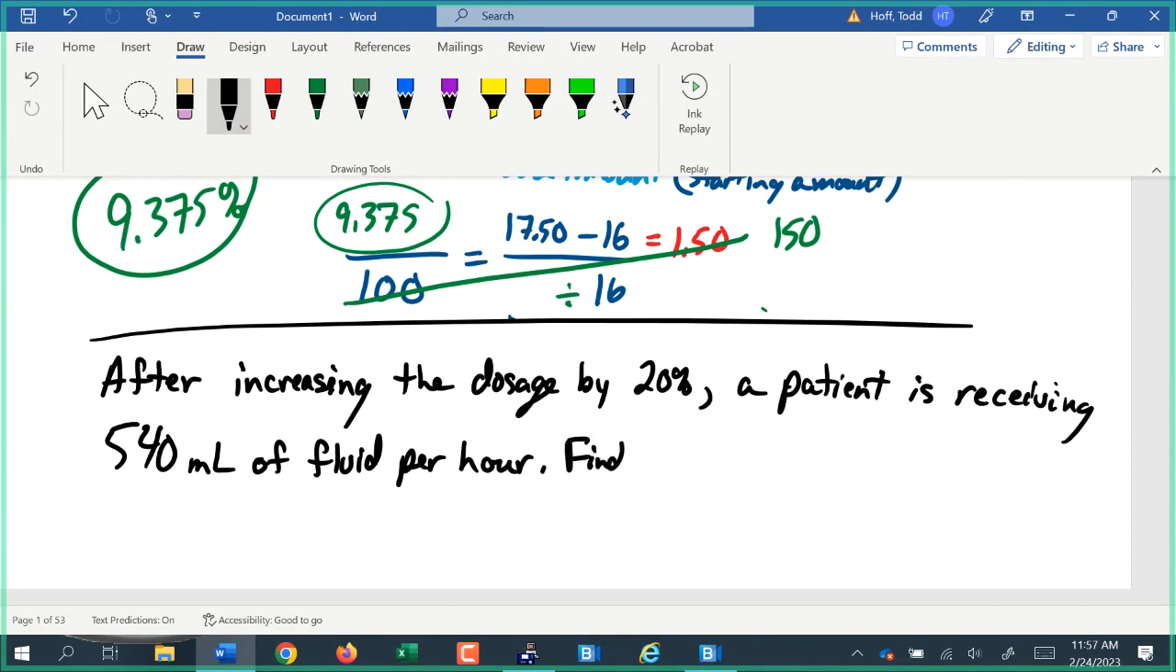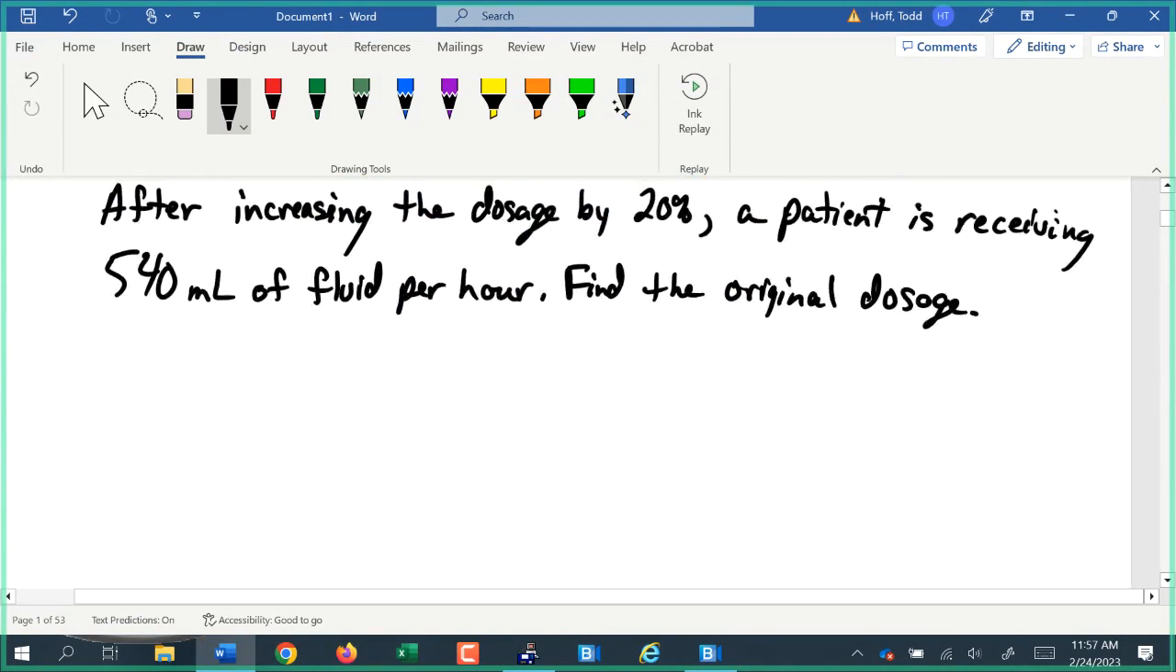Find the original dosage. In other words, the dosage before the increase. And this is the type of problem that gave us a lot of trouble on the first unit test. So finding that original dosage, what we need to do is look at what the percent is